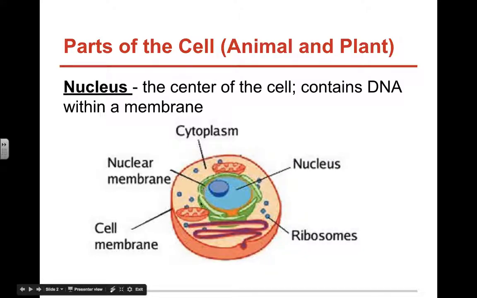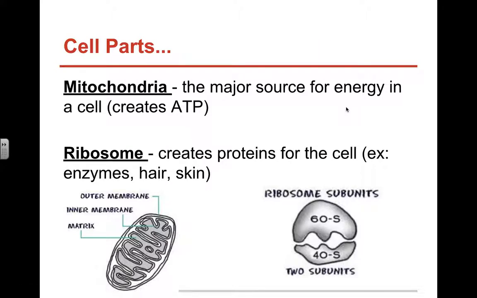So there is sort of a gate around the nucleus protecting it from things that might destroy your DNA, which a lot of things destroy your DNA, including the sunlight. So what can you do? Other things that are in both plants and animals are your mitochondria. This is your major source for energy in a cell. It creates something called ATP. We're going to have a whole lesson just on the mitochondria.